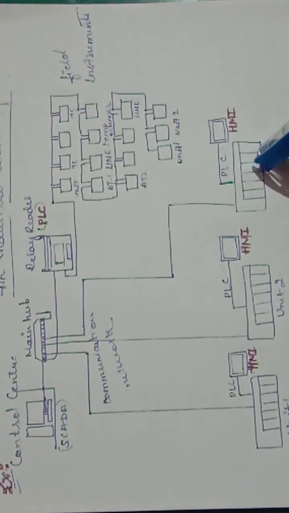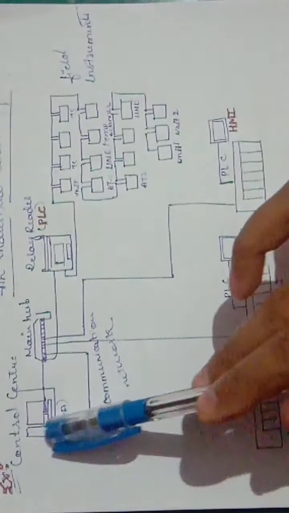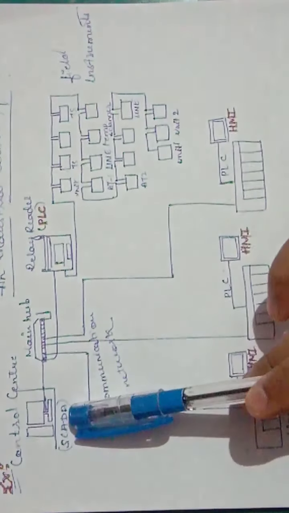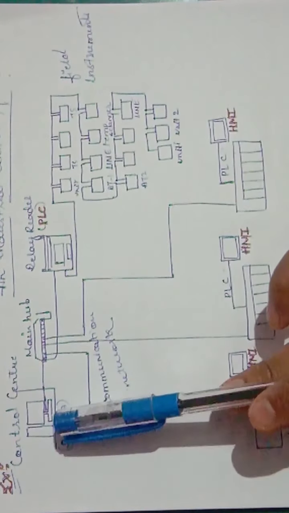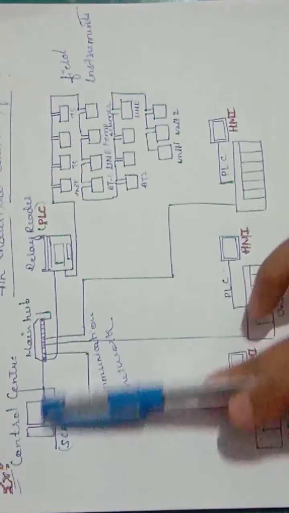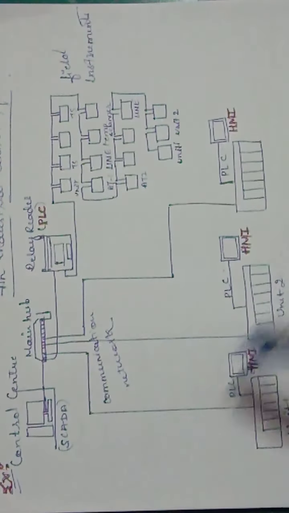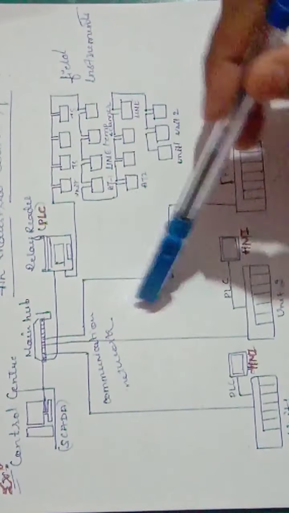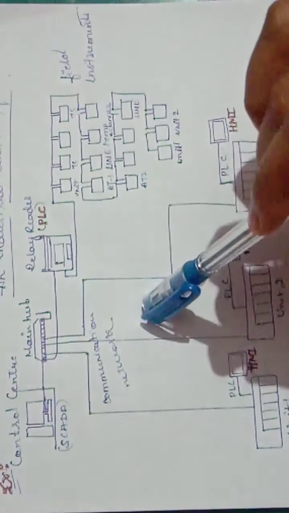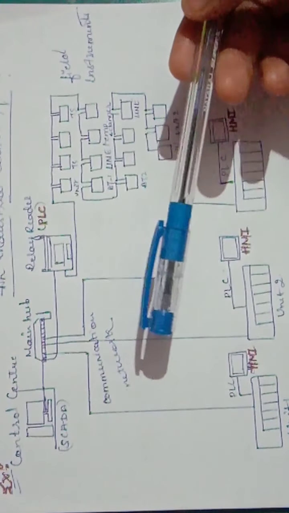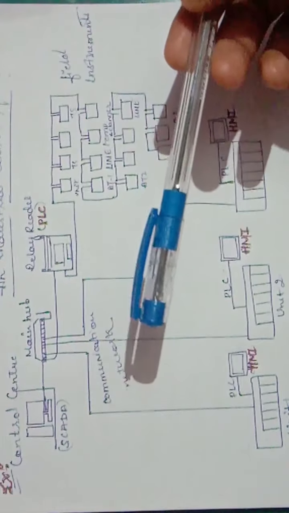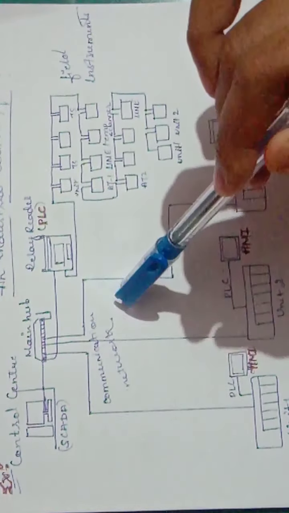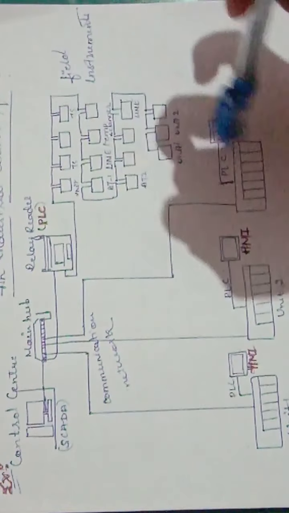It consists of three main things. One is the supervisory control center, which is your HMI or PC databases where the control is actually happening. Another is the communication network, that is, what network you will use to communicate. It can be wired or wireless, and some of the networks used are Modbus, and you can even use LAN, Ethernet, and some other means of communication. And you have the field units.